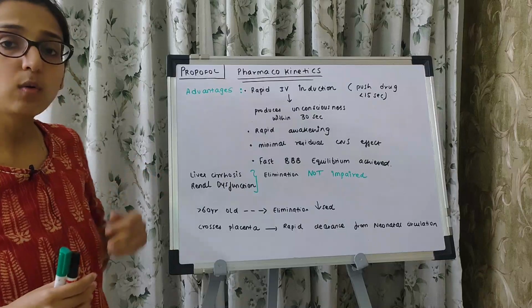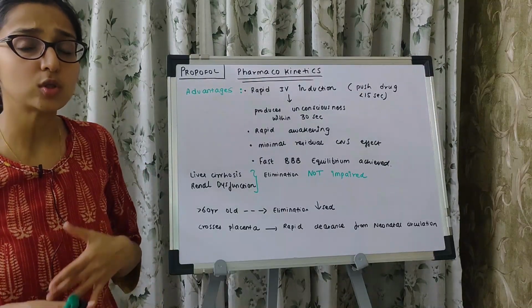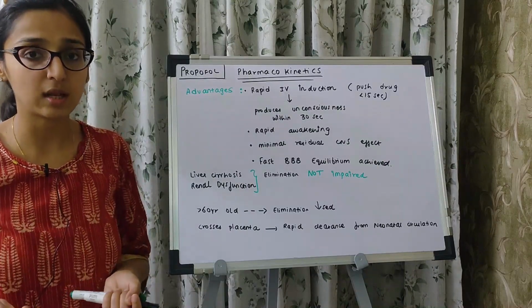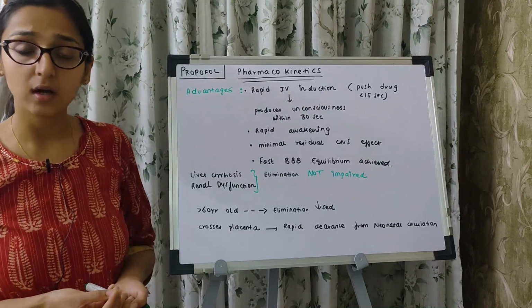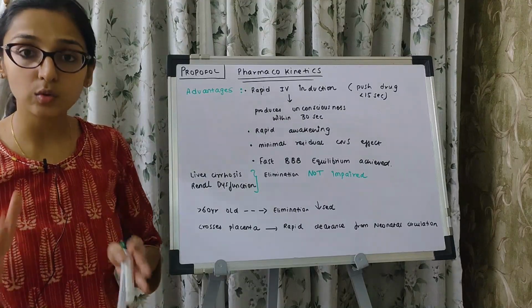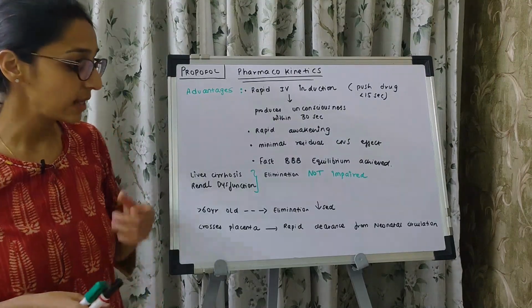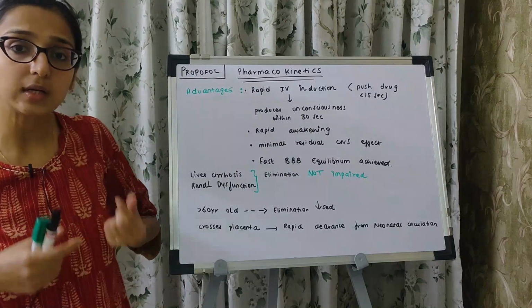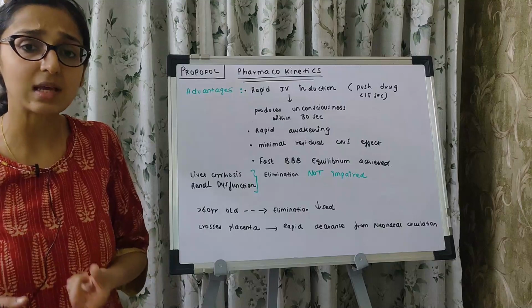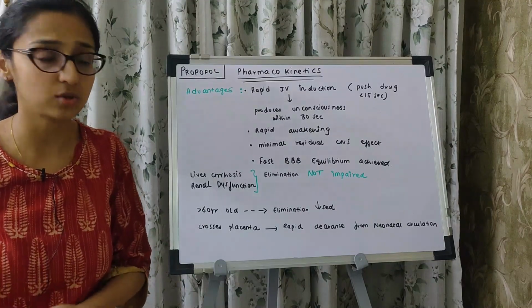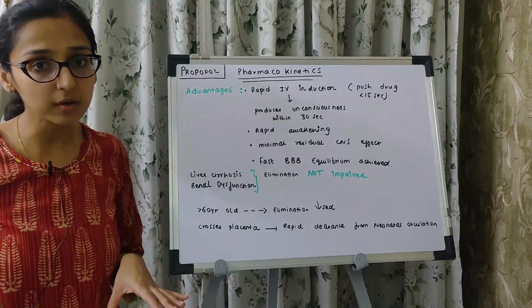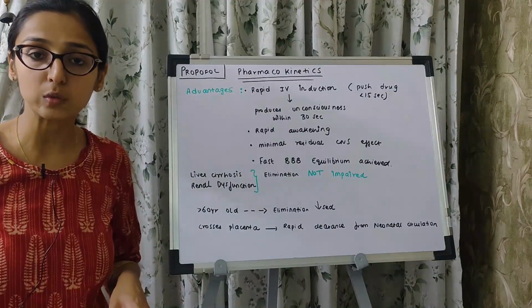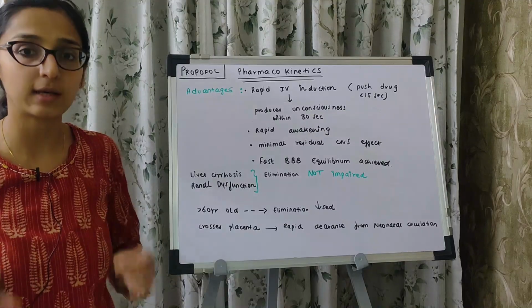Now you would assume that because a lot of propofol is going to be metabolized by the liver, a liver cirrhotic patient or a patient with deranged LFTs may have impaired propofol clearance. But no, it has been found through studies that in a patient with liver cirrhosis, the time taken to clear the propofol was the same as any other normal patient. So liver cirrhosis is not a contraindication for using propofol. Renal dysfunction also is not a contraindication for using propofol because the clearance is again not impaired.